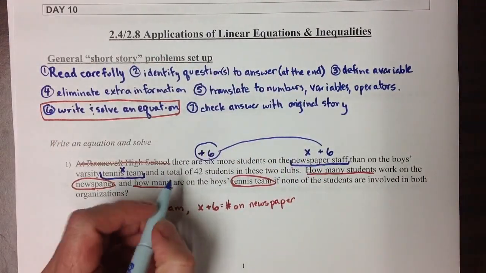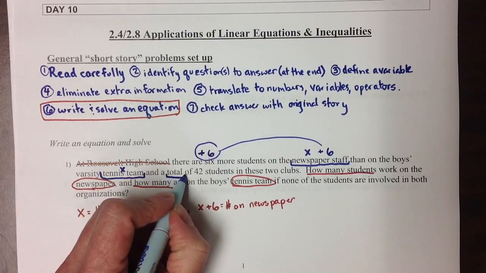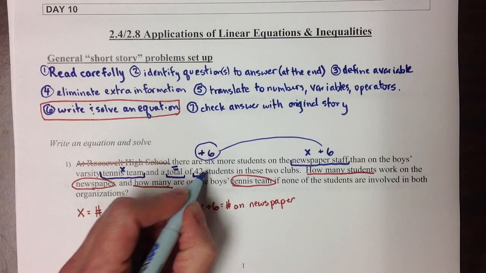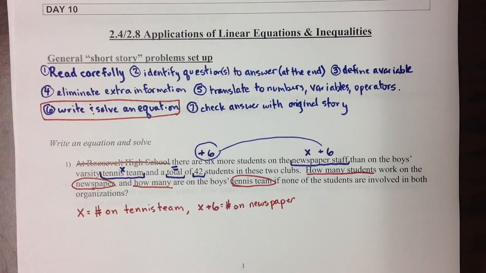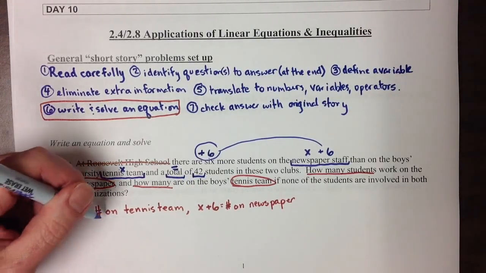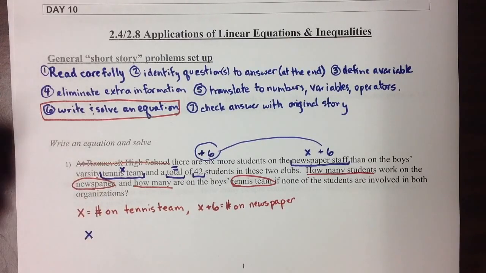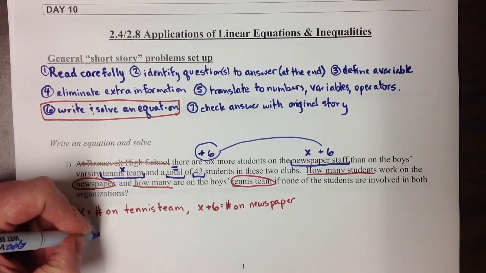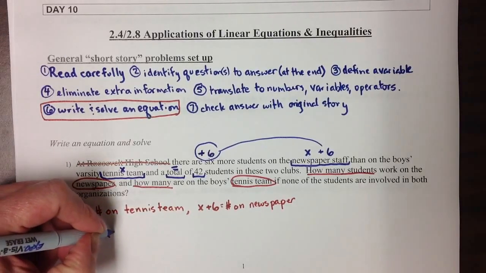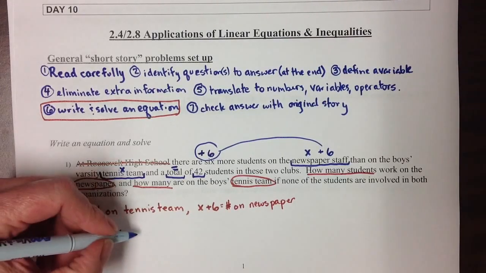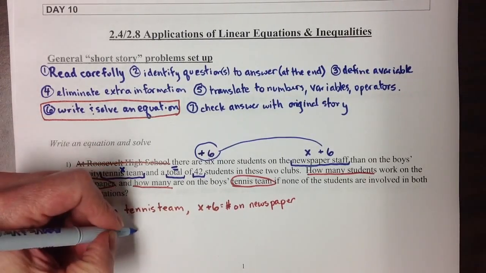The other information that we're given here is that we have a total, so that's usually going to be our equal sign, of 42. So when I translate this into an equation, I get the x that represents the boys on the tennis team, plus the x plus 6, which represents the students on the newspaper staff, and all together that needs to total